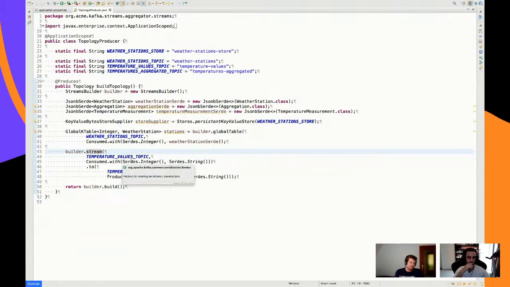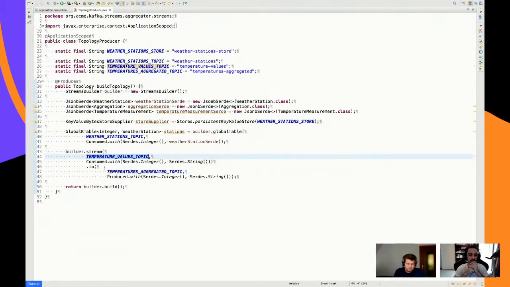Maybe to explain a little bit on the domain of this example. It's about weather stations and temperature measurements. I've got two topics, one with my weather station master data, like coordinates and the name and so on. And then I have another topic with temperature measurements, fake IoT data, measurements from those different stations. The idea is to join those two topics, so for each measurement I also get the name of the weather station where it is from. And then to do some more things like aggregating the value and calculating the average measurement per weather station. So that's the idea for now. All I'm doing is taking the data from this stream and writing it out to another topic.